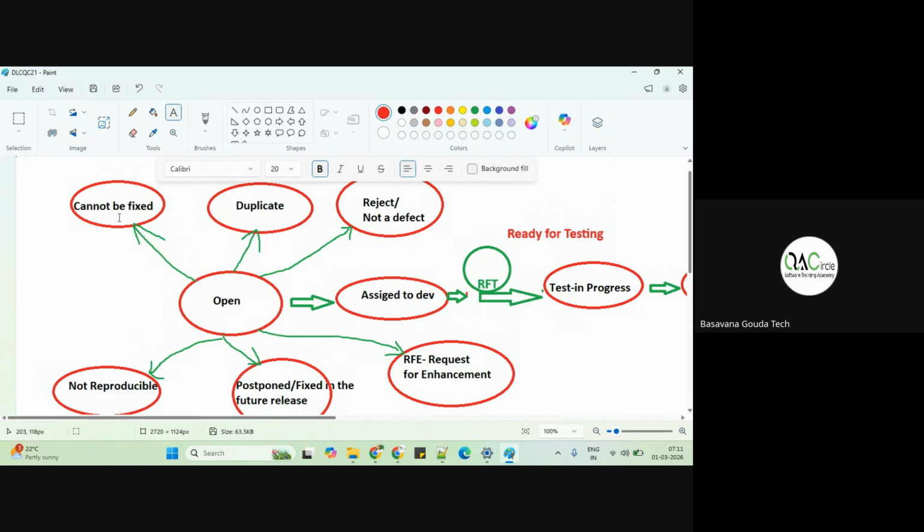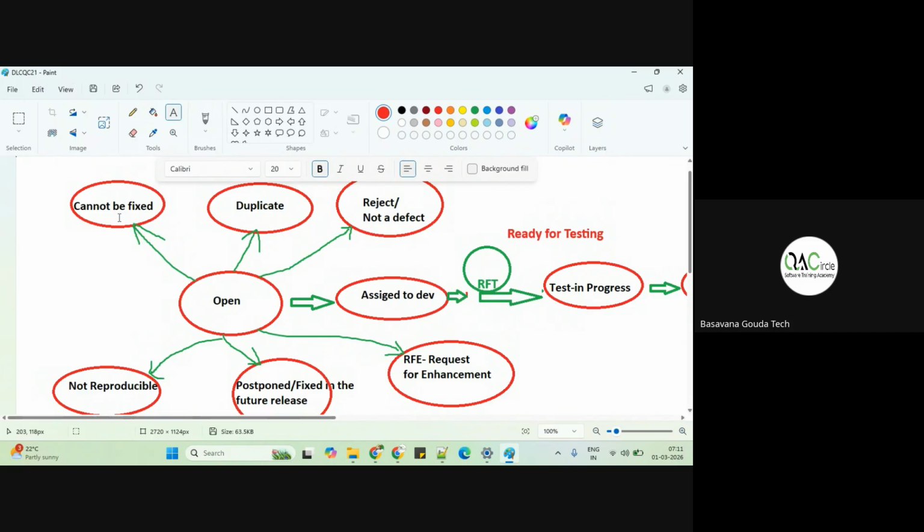Next, the third point, point number C. If the cost of fixing the bug is more than the cost of the bug itself, I explained this yesterday. If the cost of fixing the bug, let's say 6 lakh, put a bracket, 6 lakh,